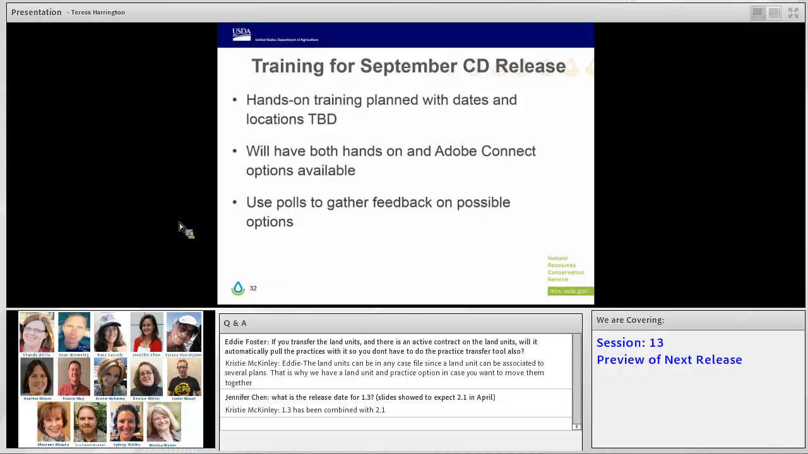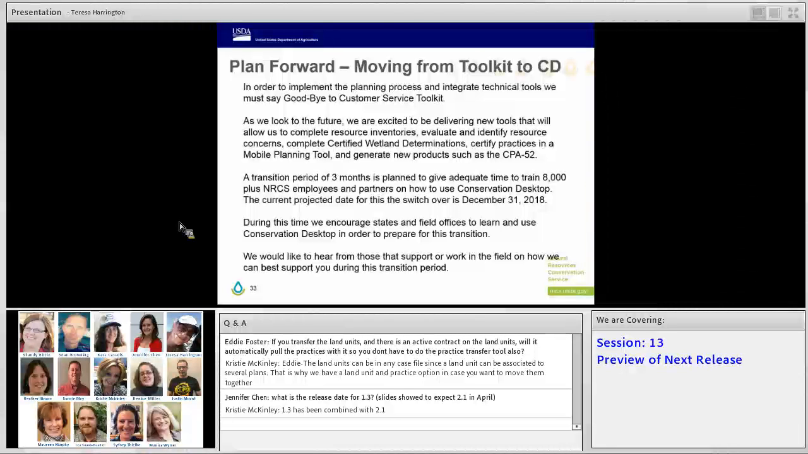This is the one that we've been trying to prepare you for. There's a national leadership meeting next week in Nashville, and we're not trying to get ahead of the leadership team, but since we're in training, we wanted to give you as much information as we have. And that's really as we're moving forward, we're moving away from Toolkit. It's been a good tool, but